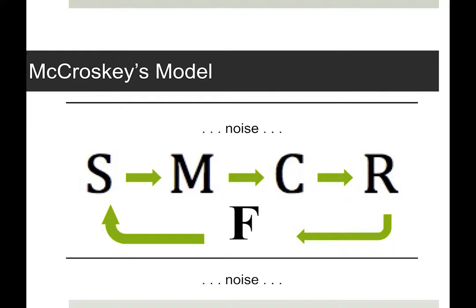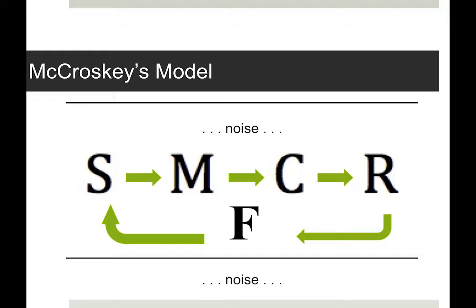Adding to that, very recently after that, was McCroskey, where he added feedback primarily. In other words, it's not just me sending a message, not just source, message, channel, receiver. It's not directly from one to the other. But we do have all that, plus I'm giving feedback. That feedback is not that cyclical message as you had before. It is something that I can see immediately, whether you understand it, like it, don't like it, or are confused. Those types of things are the feedback.